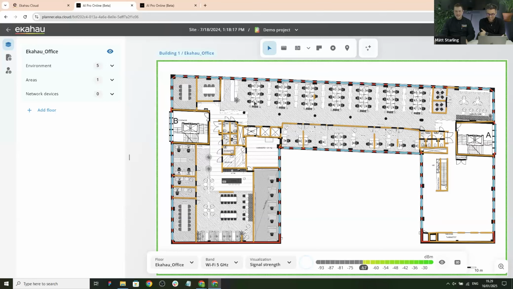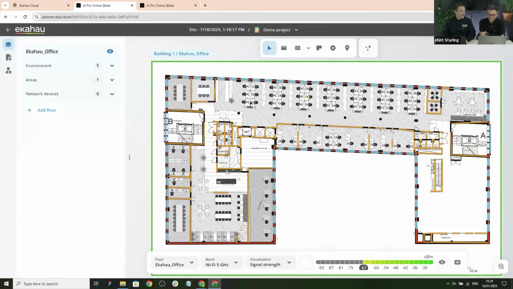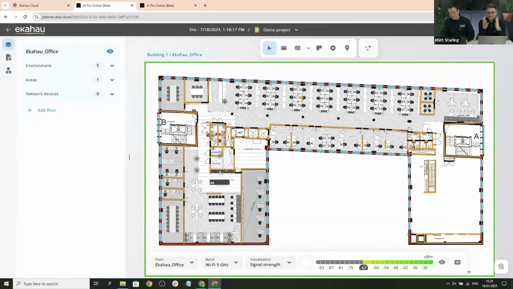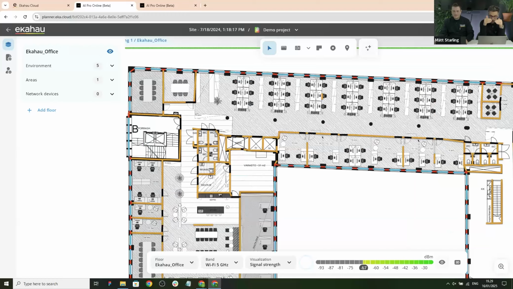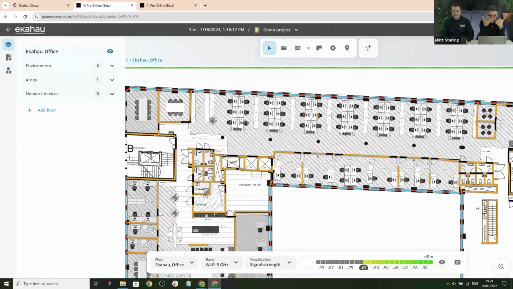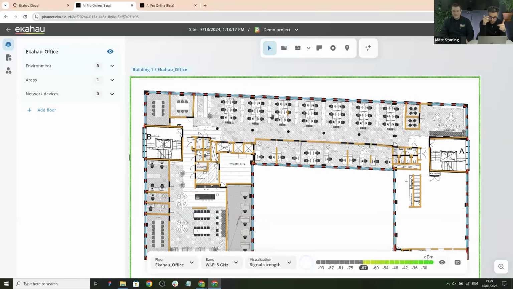Matt has raised his hands in awe before the AI Pro Online magic, right? But this is just insane. This is, guys, girls, just a PNG file, and look at the wall drawing that has happened on this. I would expect this from a CAD file, but that took barely 15 seconds in AI Pro Online.